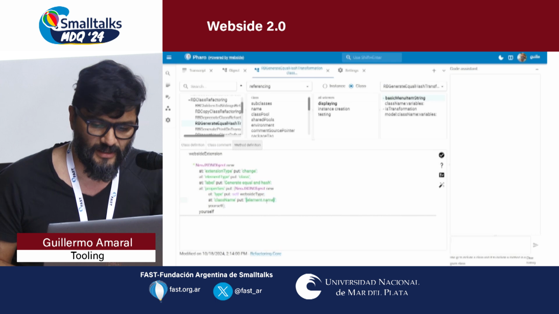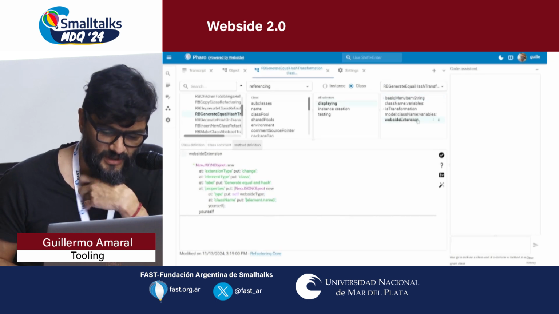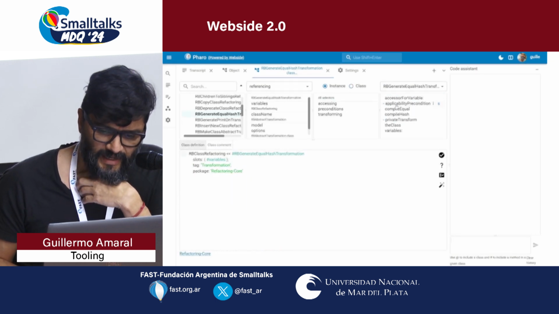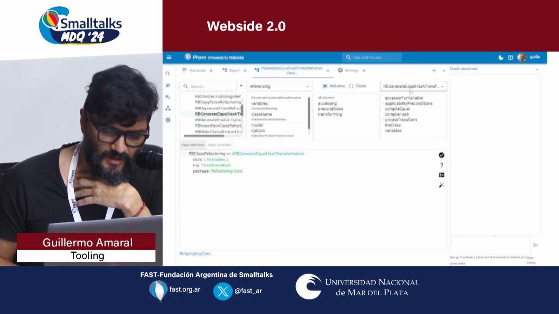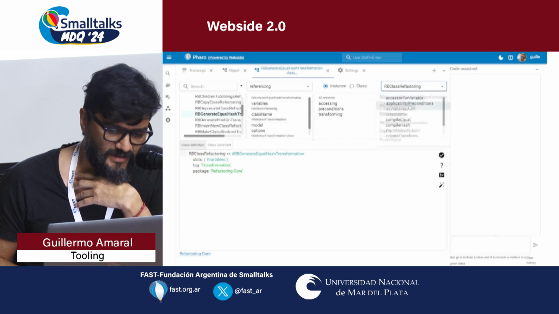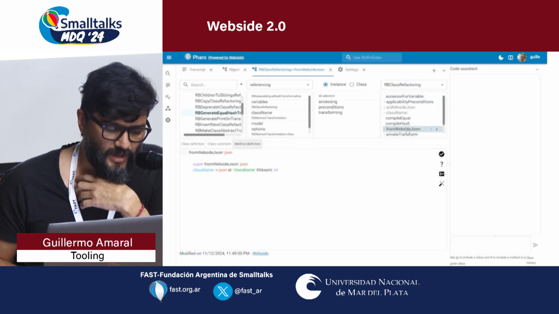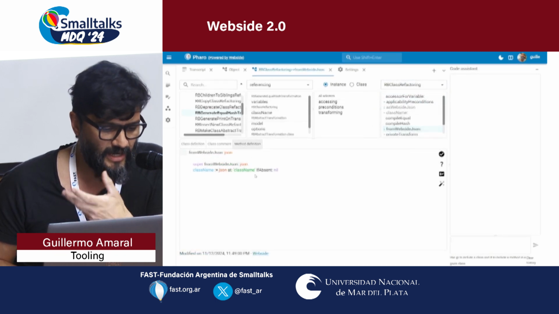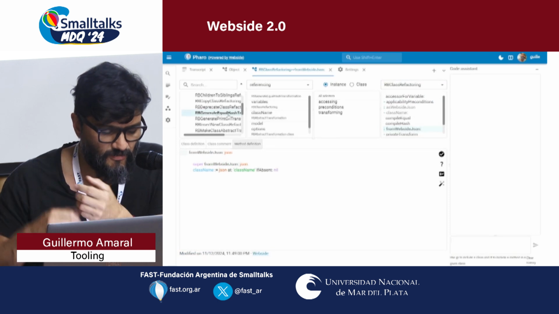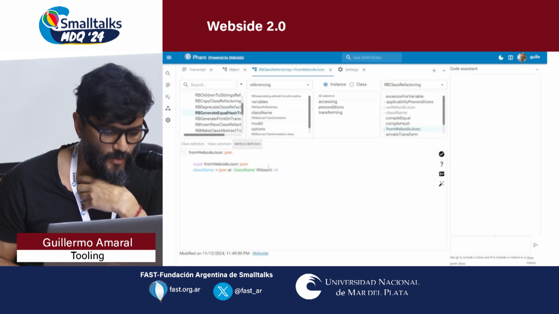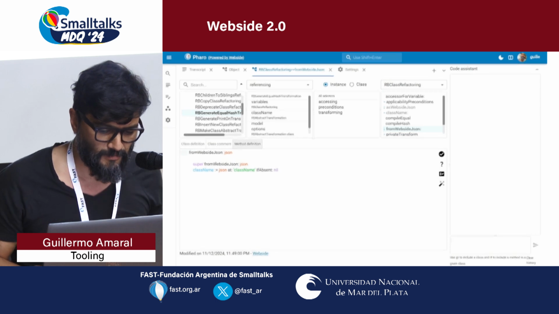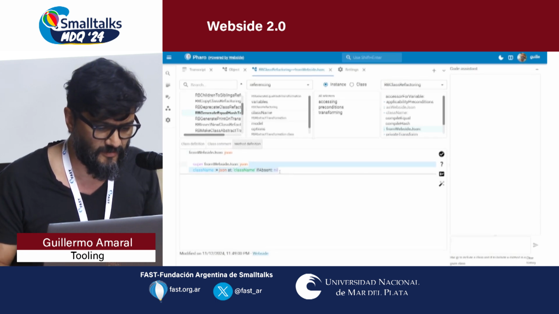So let's compile this and let's go to the instance side, and I will take from the superclass. These are the methods that are invoked when a class is again filled with the JSON coming from the client. So I will put here, I think this guy needs a variables.